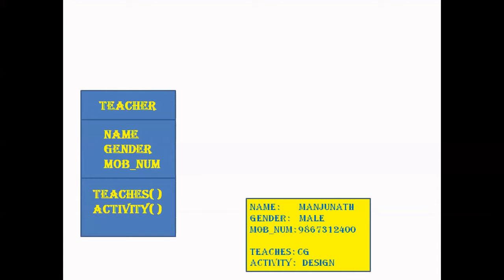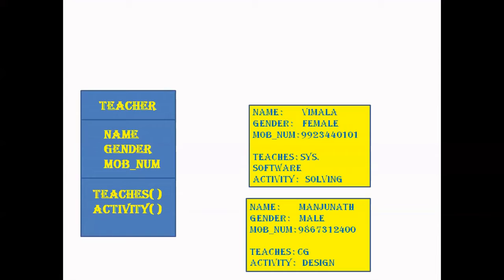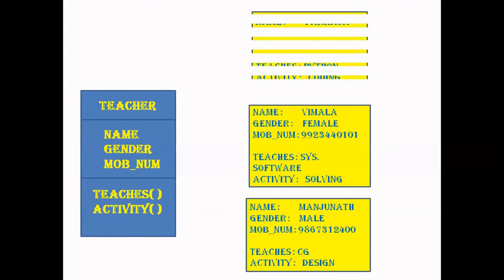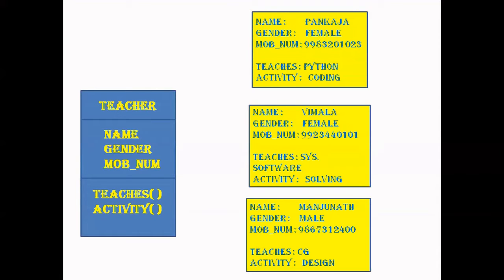All these two, that is data members as well as methods, together comprise the object, right? This is an instance of the class. It is a specific instance of the class. Each instance of the class. Now if you see, this is one more separate object. So every instance will have its own value, right? Now if you see, these are the 3 different instances instantiated from the class, that is teacher.